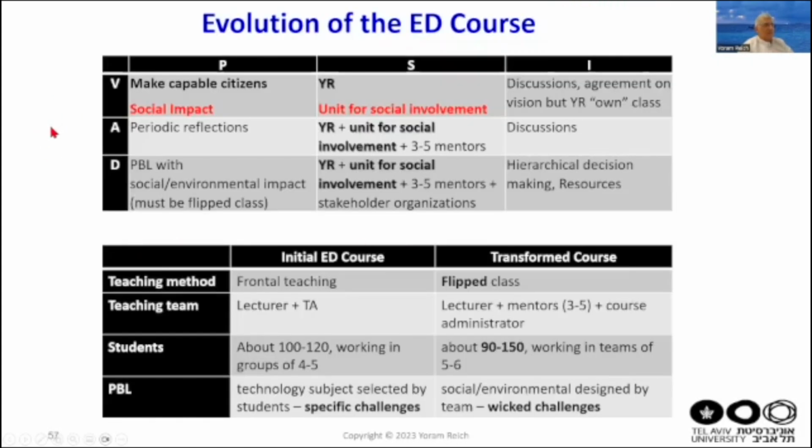So I left you with the engineering design course that I evolved from the CAD course, and then at some point I was approached by people from the Unit for Social Development at the university. They wanted to create courses with social impact, and my vision was to make capable citizens, to generate people who can contribute much better to their society. And for me, and I would say for SAB, better citizens is congruent with having design skills.